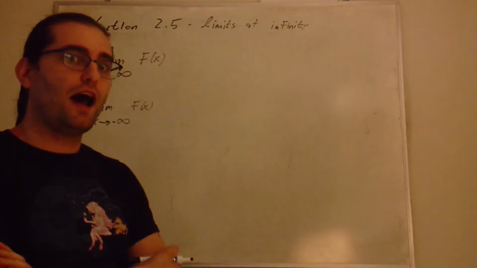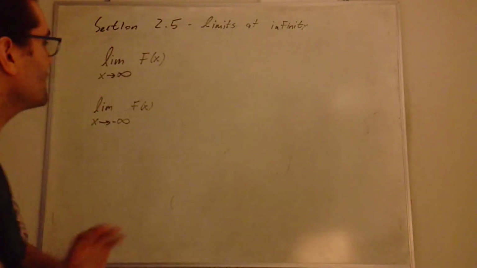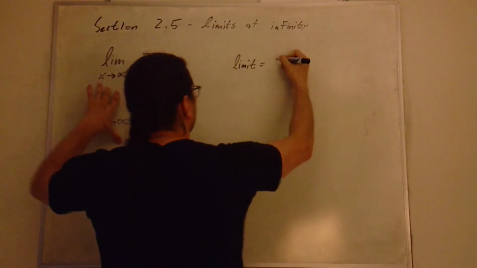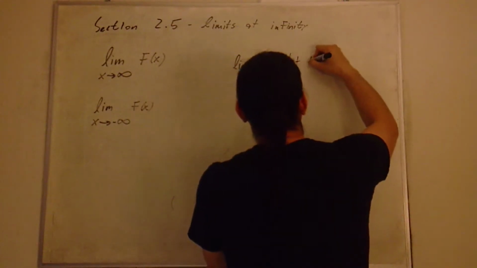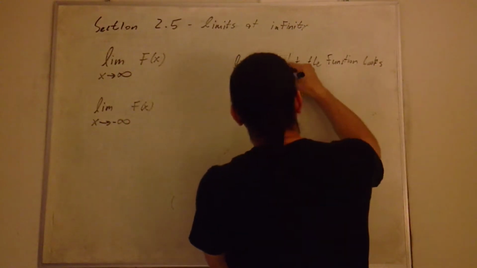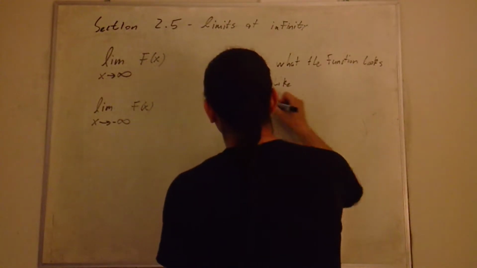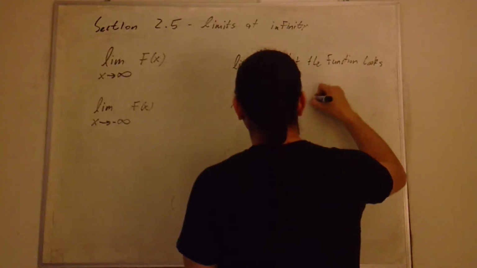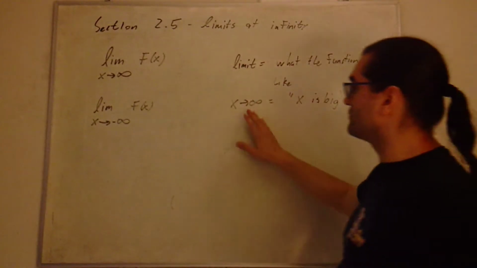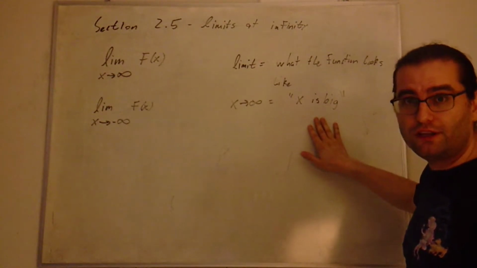Secretly, I've been tricking you into doing this for months. Think about what this means. Limit means what the function looks like. And x approaches infinity means x is big. So the limit as x approaches infinity means what the function looks like when x is big, which hopefully is